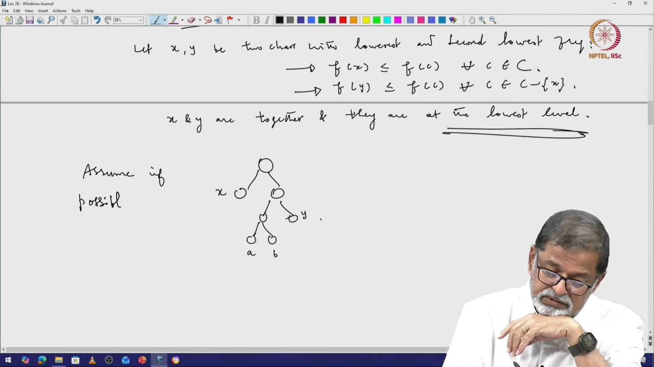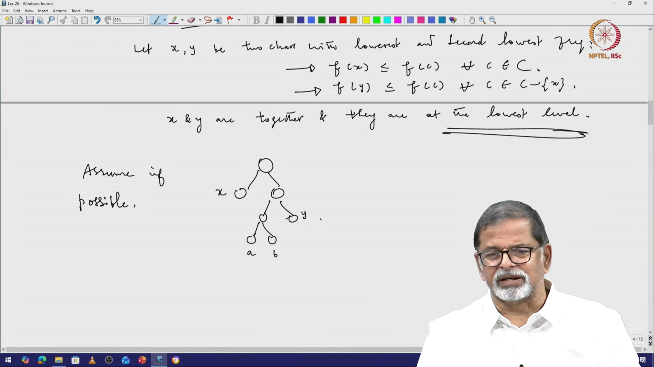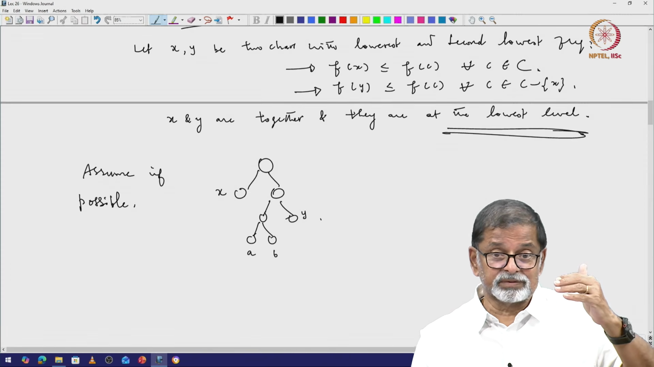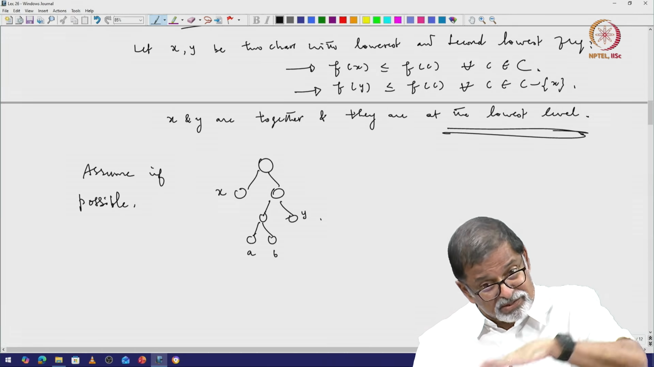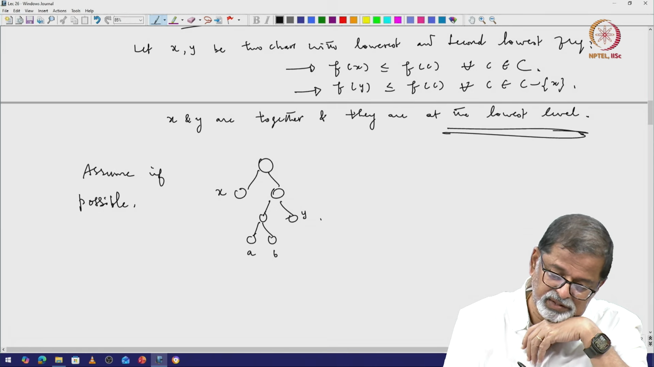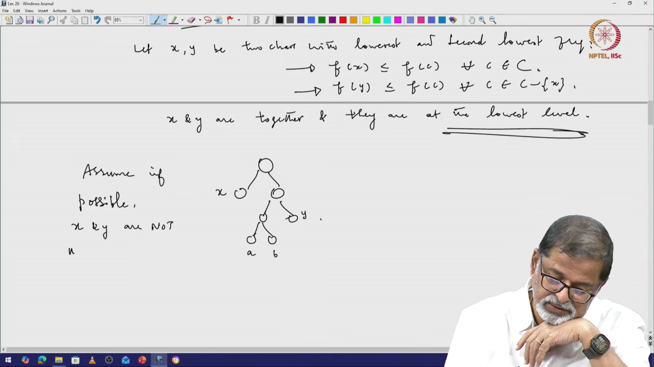Okay, so assume, if possible, suppose x and y are not at the lowest level. If they are already at the lowest level, nothing to argue. If they are not at the lowest level, they are at a higher level. They are the leaves at a higher level. There are some leaves at still lower level like this. Okay, assume if possible, x and y are not the leaves